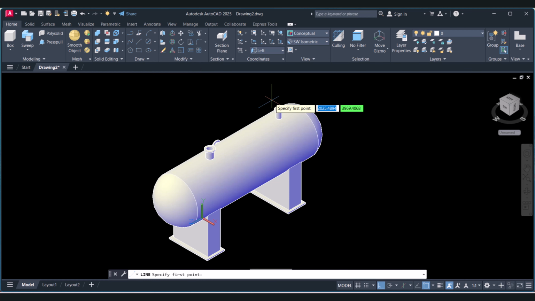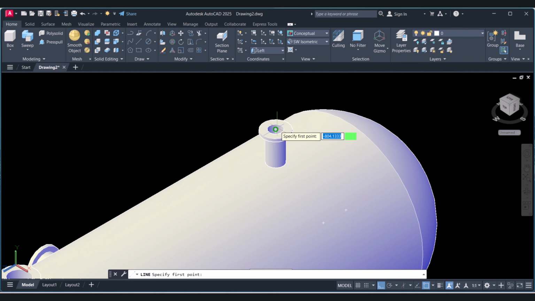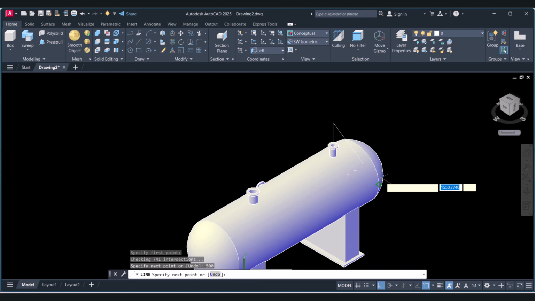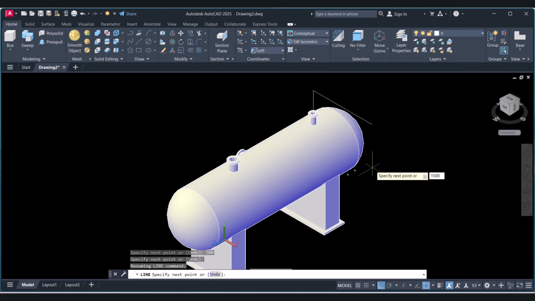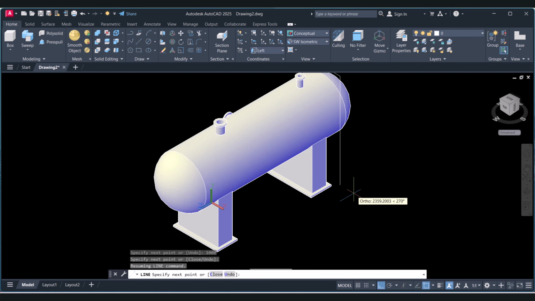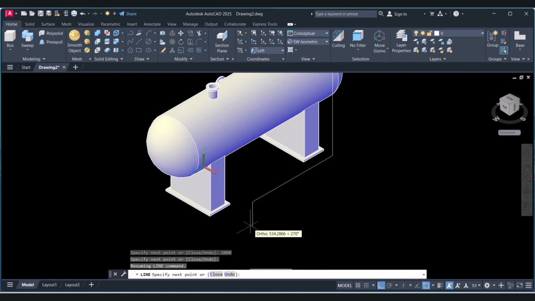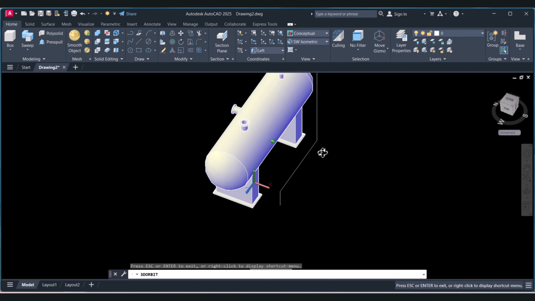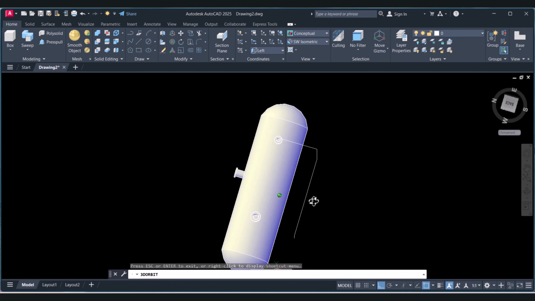First, I will create a routing here. $500. Here I will go a meter and I will come down 2.5 meter. Here also 2 meter and down 500 and escape. So we can see here in the orbit it looks like this,